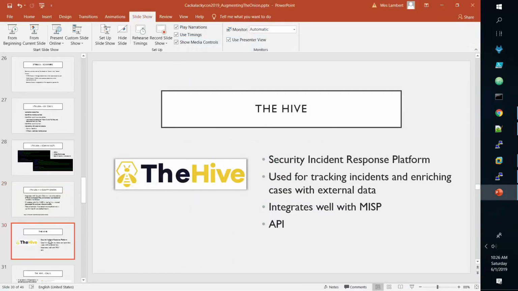All right, now moving on from Strelka to the Hive. Who has heard of the Hive? All right, anybody using the Hive currently? Anybody using Security Onion and the Hive? No, okay, you should. All right, so the Hive, if you're not aware, it's an open source security incident response